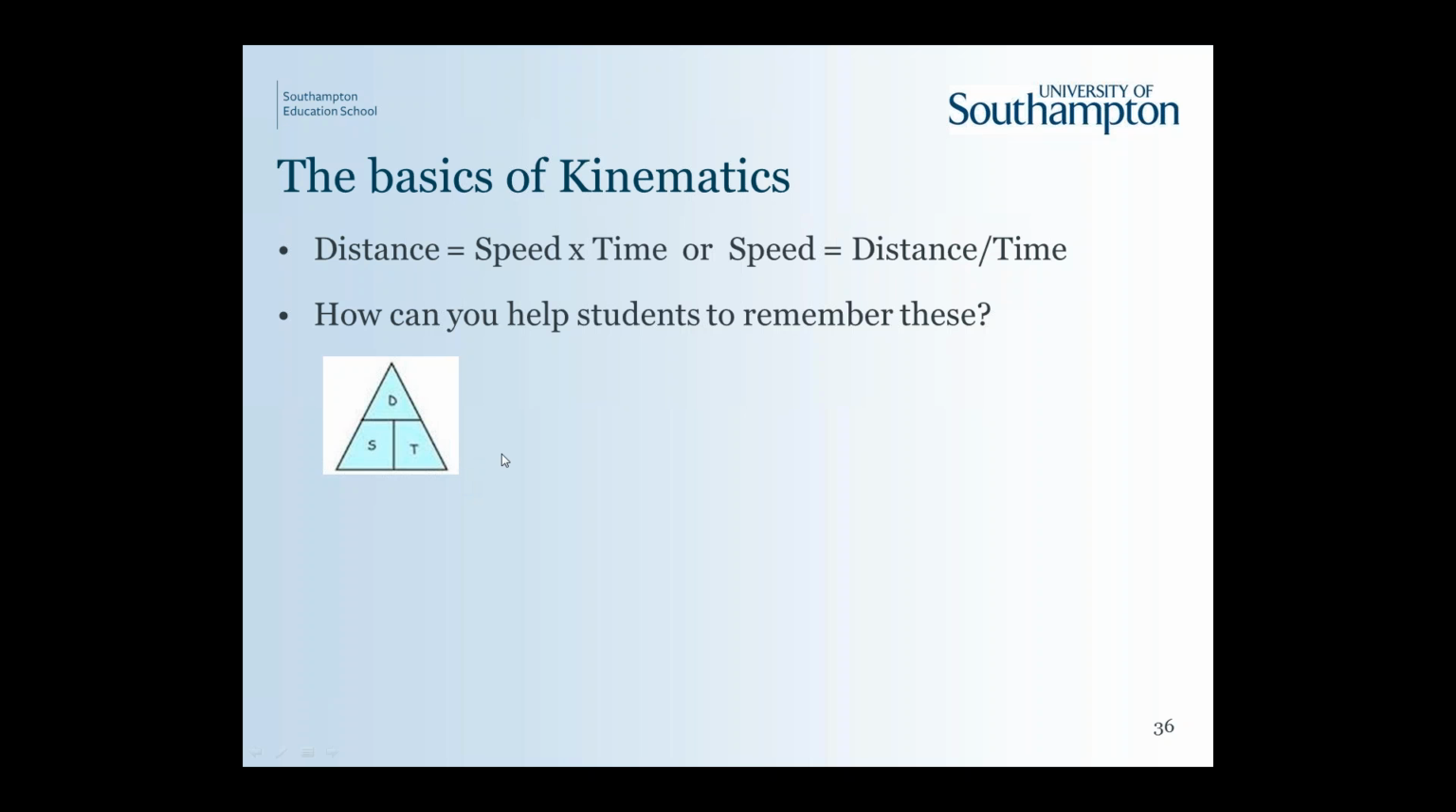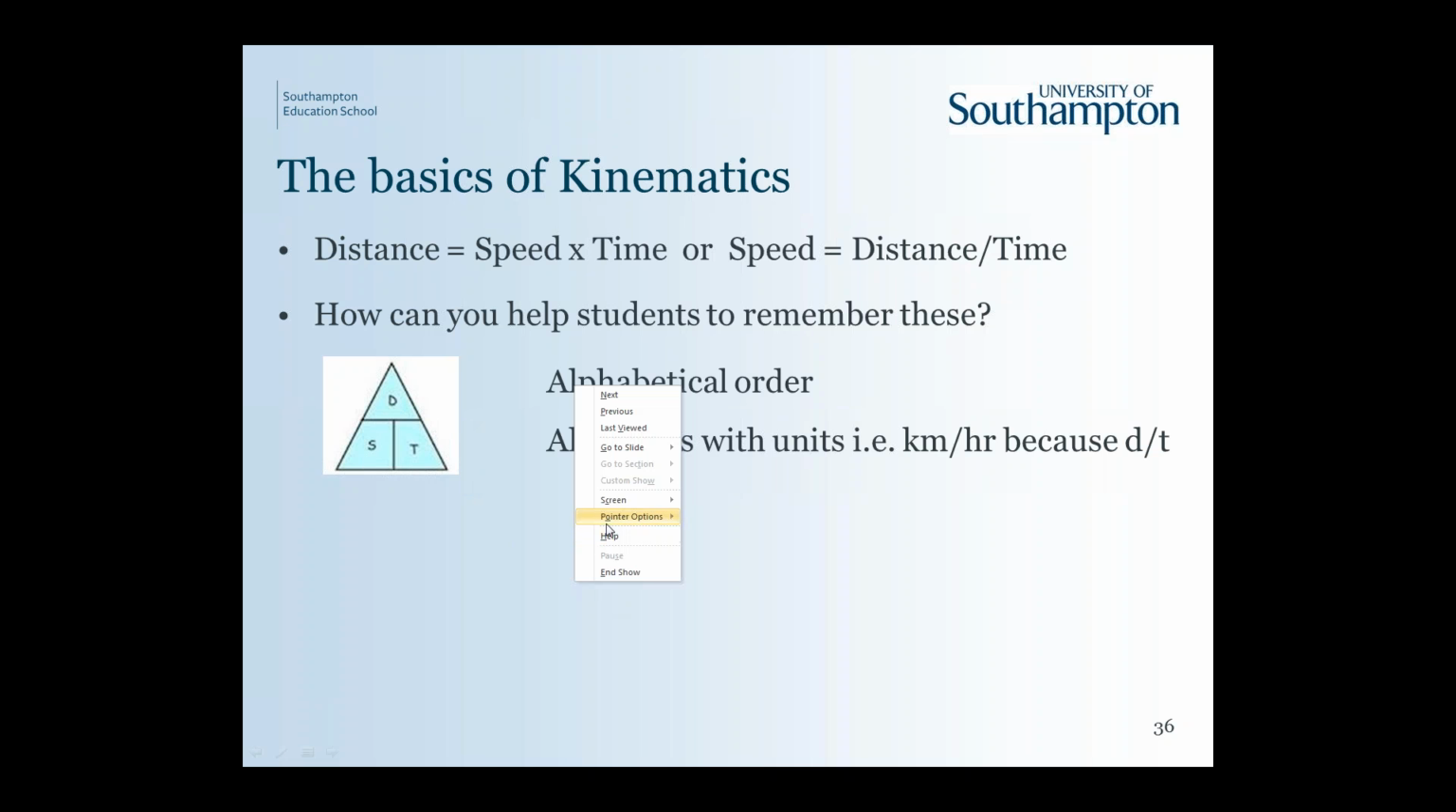The nice thing about the kinematic one is that it's in alphabetical order, starting from the top, so they just have to do DST. They don't have to even learn the triangle, they just have to remember that there's distance, speed and time. And provided they start at the top and write it in alphabetical order, they get it. Really helps when we're thinking about units, because, just for anyone who doesn't understand using the triangles,